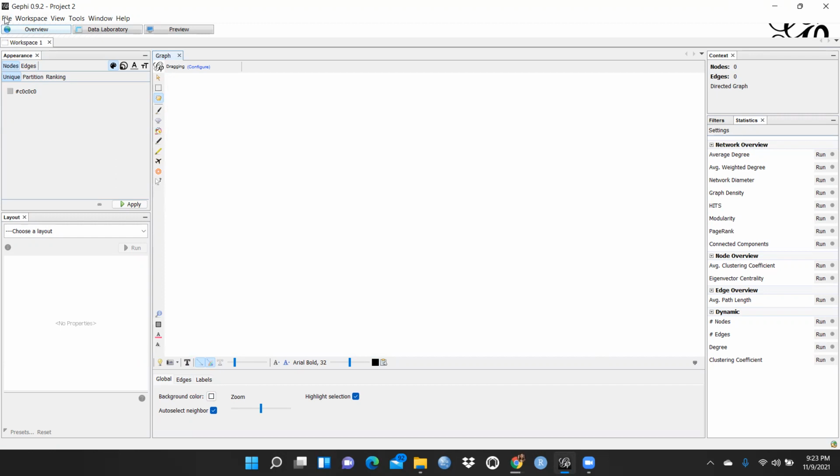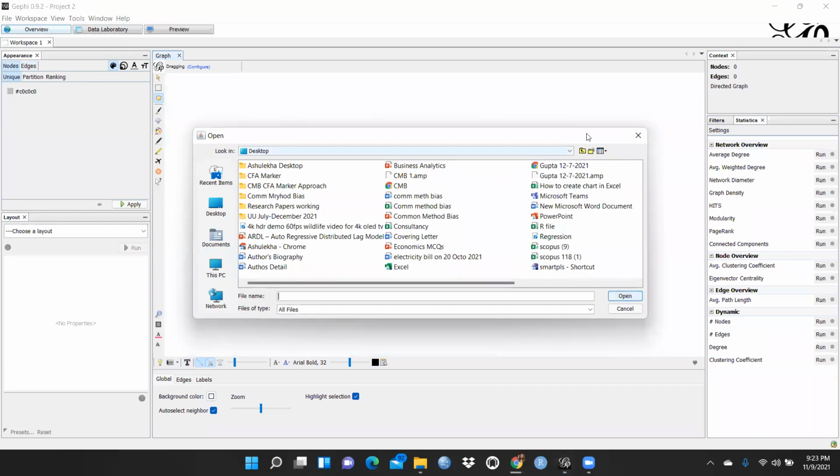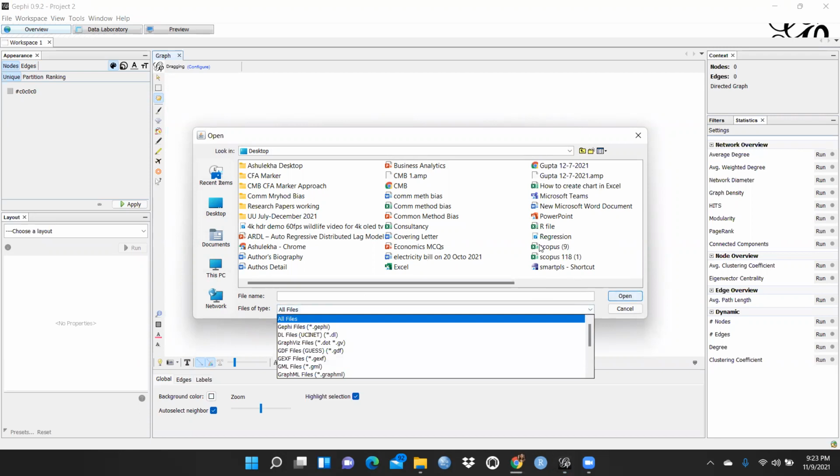First of all, you have to open a file, right? When you open a file, what kind of file can it open?